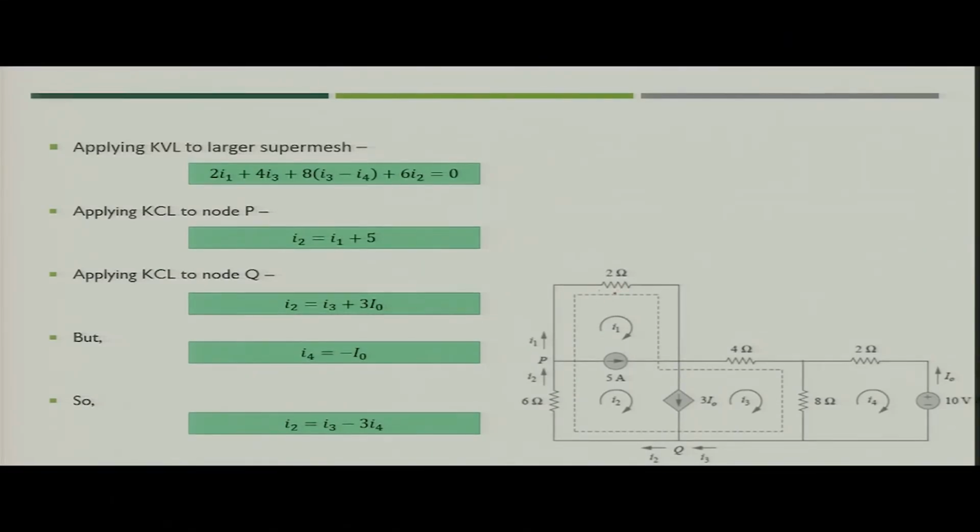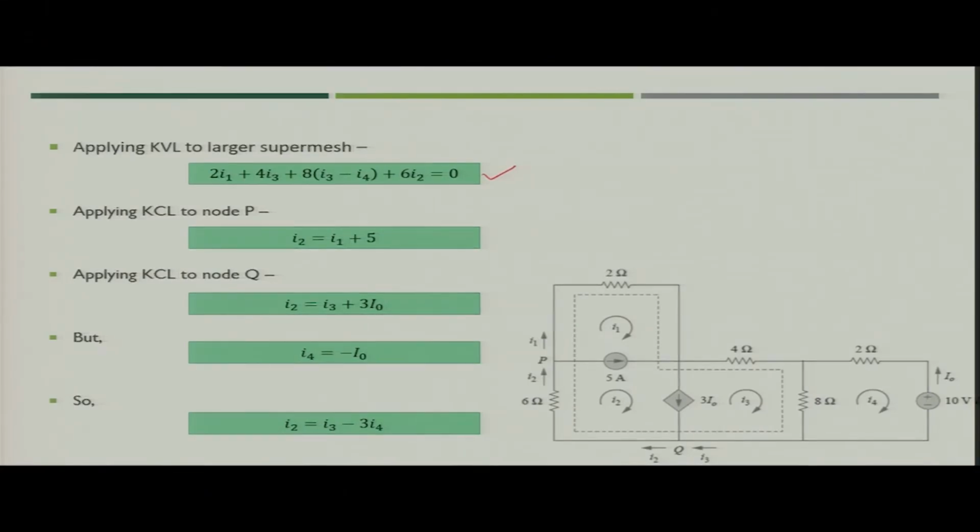You will get 2 times I1, and then 4 times I3, then 8 into I3 minus I4, plus 6 I2. So, this is what you got from the